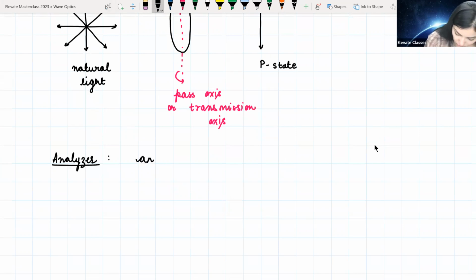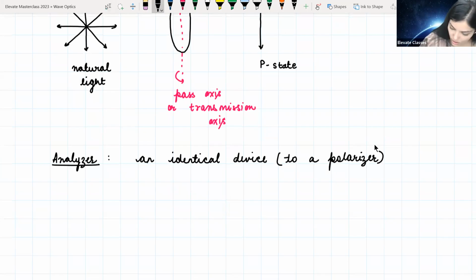Okay, so we can write: an analyzer is an identical device, identical to a polarizer, which is used